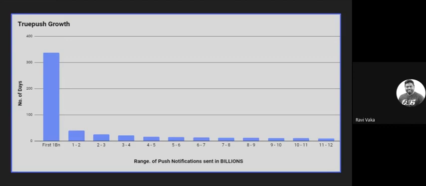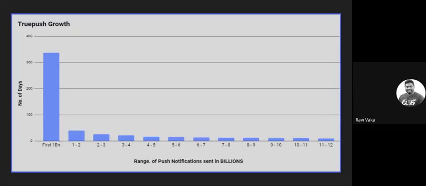So, talking about TruePush growth, all these smaller things and bigger things in SEO, or your customer service, your product adoption led to the success of TruePush. Once we started TruePush, the initial months for us to reach 1 billion notifications took us close to 347 days. But moving forward, the time it took us to reach the next 1 billion drastically came down. Currently, we are doing 1 billion notifications in about 7 days.